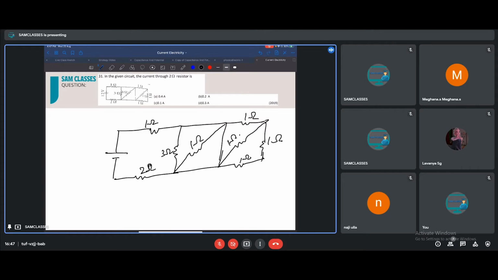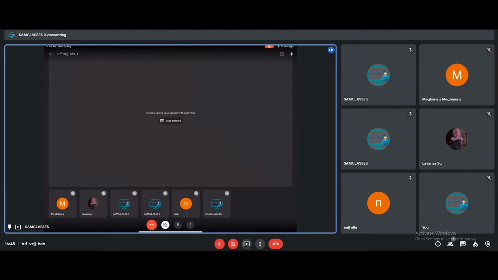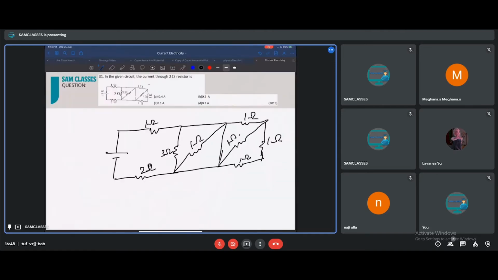Now see, I told you one line which is very, very important. What is that line I said? In the current part, when we were doing the voltage divider, current, or series and parallel connection, the current always chooses the path of least resistance. You can imagine it like an ant. You have seen an ant. My diagram is bad, just imagine this is an ant.